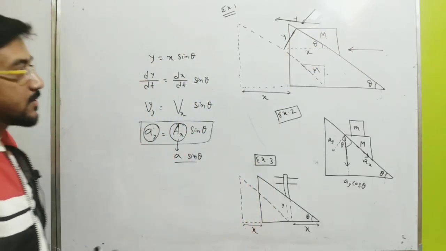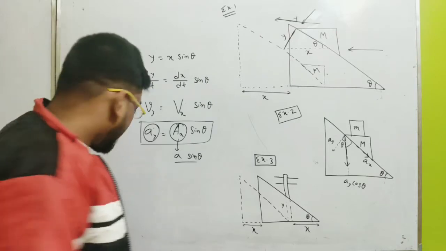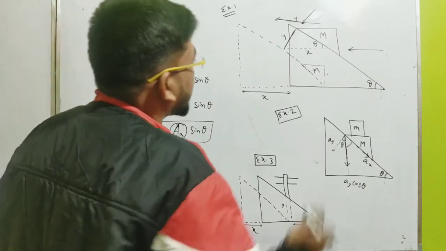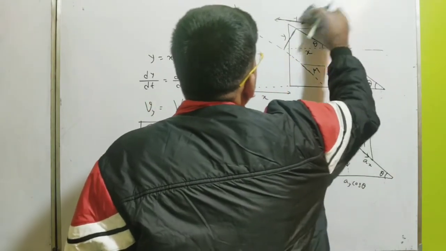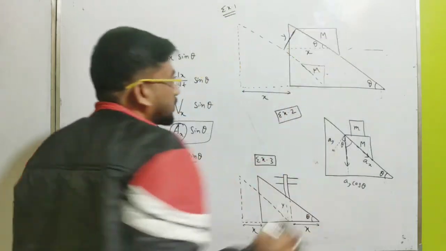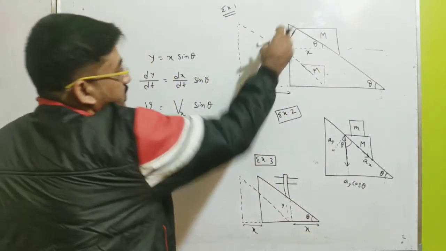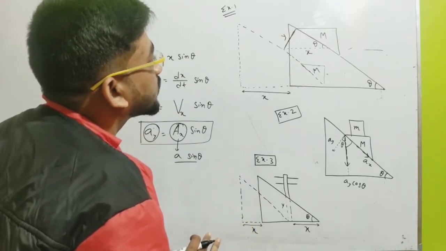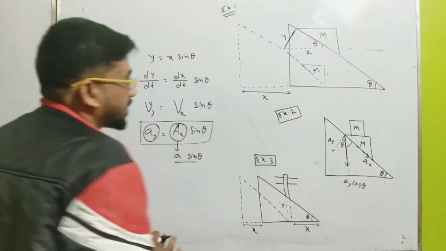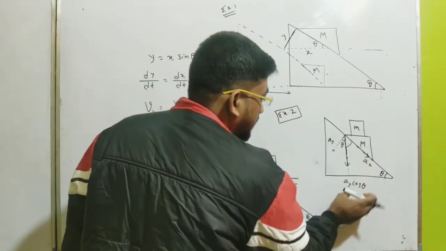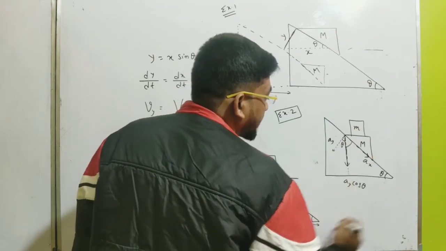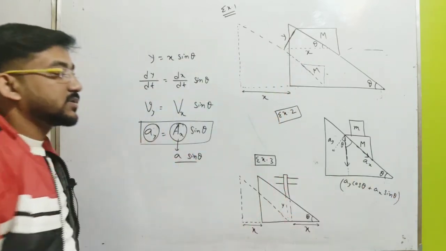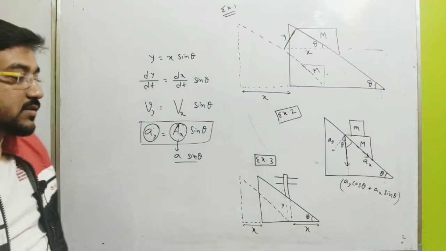We actually don't need the coordinate axis here, just this is y, along this direction. But here a_x and a_y are perpendicular to each other, so the component of a_y along this direction is a_y cos theta, and along this direction a_x sin theta. So this is the acceleration of the mass small m along the vertical downward direction, that is a_y cos theta